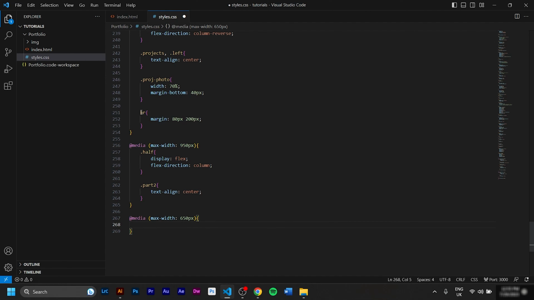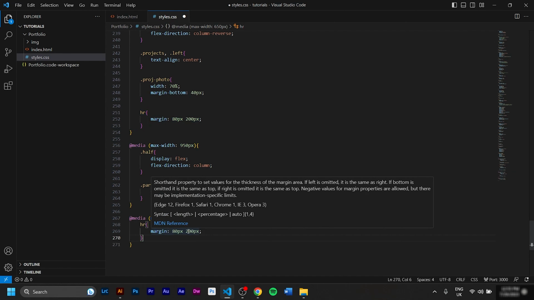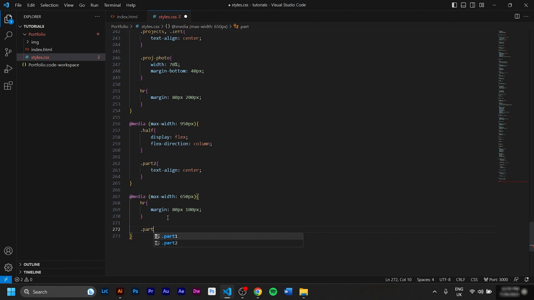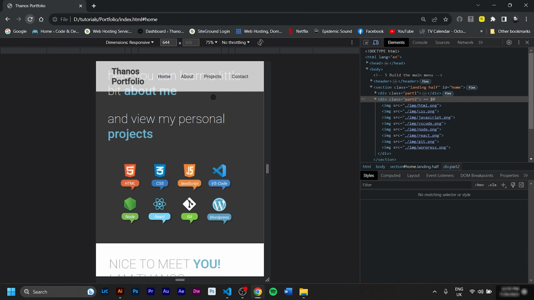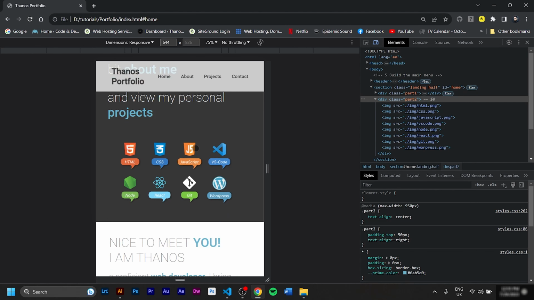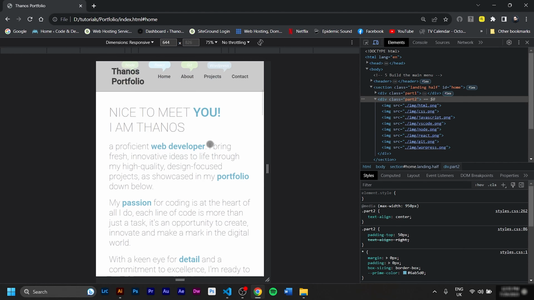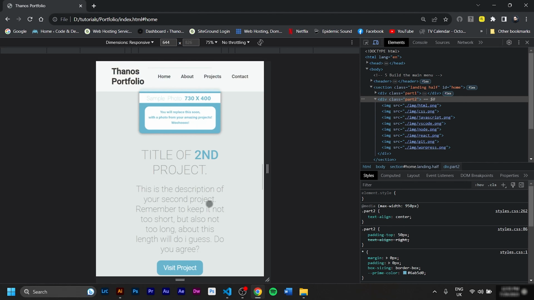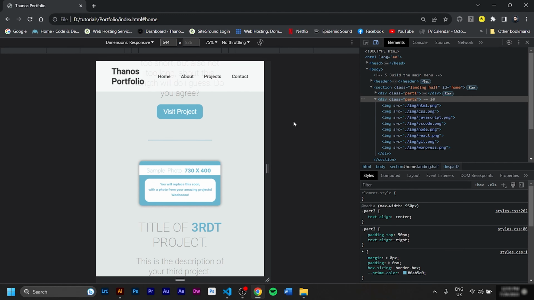Now we'll target the HR, which is right here before. Let's turn this to 100, and then it was all the logos of the part 2, so we'll go .part2 space images. Now we'll give them a width of 100 pixels. Let's try that. Refresh. Oh, this is very nice. I'm not sure why I get so excited about these things, but this looks way better to me already. And let's see the lines, and the lines look okay. Let's go smaller.